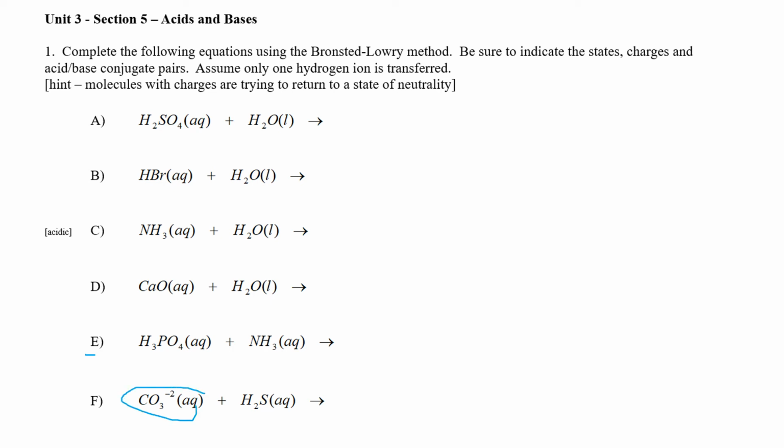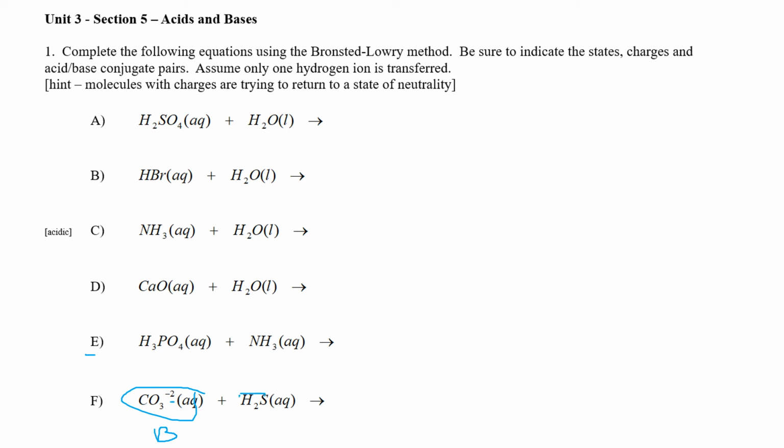The last one we'll look at is F here. This compound, again, doesn't have any hydrogens to give away, so it has to accept. It has to be acting as the base. I also mentioned earlier that things that are negative or positive want to get back to neutral, so they're either going to gain hydrogens or lose hydrogens, depending on the situation. This thing is going to gain some hydrogens to go from -2 back up. The other compound here is